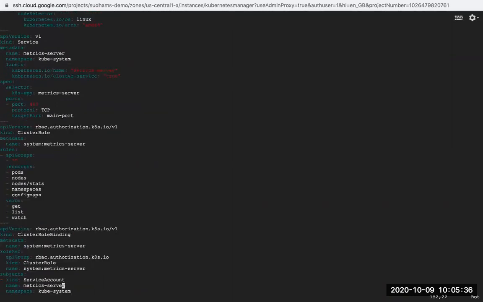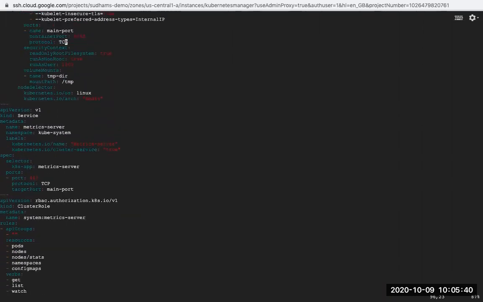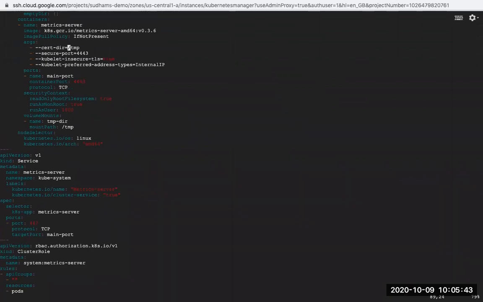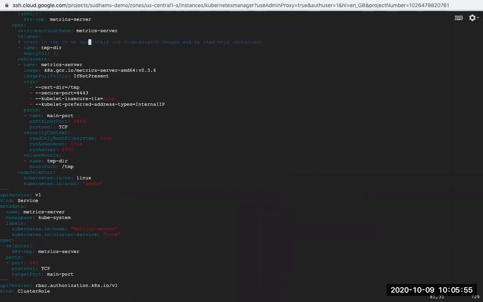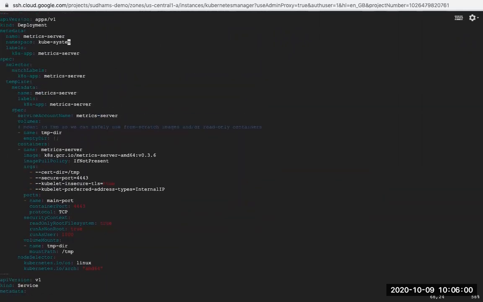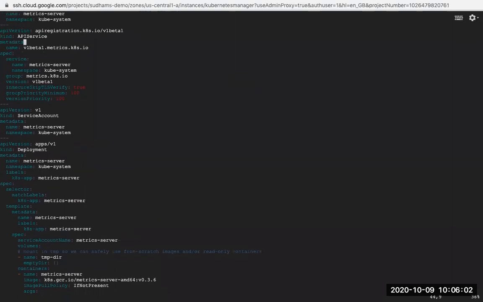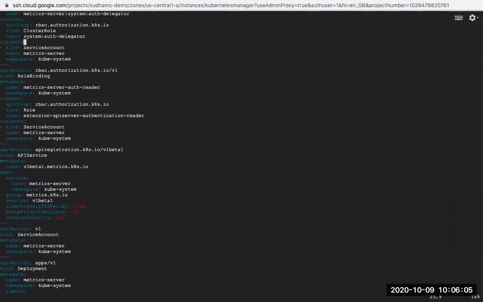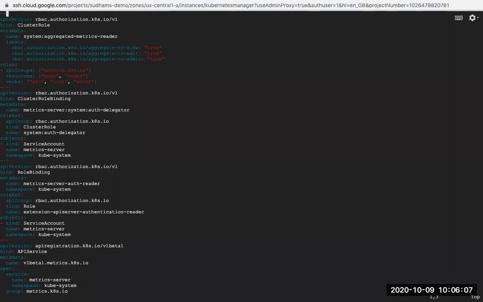The modifications which we have done are that we have added three parameters additionally for the deployment of the metric server. You can see originally we only had cert dir. Additionally, we added secure port, kubelet insecure TLS true, and kubelet preferred address type, which is internal IP. These are the additional three parameters which we have modified. Apart from that, we did nothing. Just scroll up and see if we have modified anything. No, the service was there, API service was there, role binding was there, cluster role. That's it. Okay, so let's save this file.